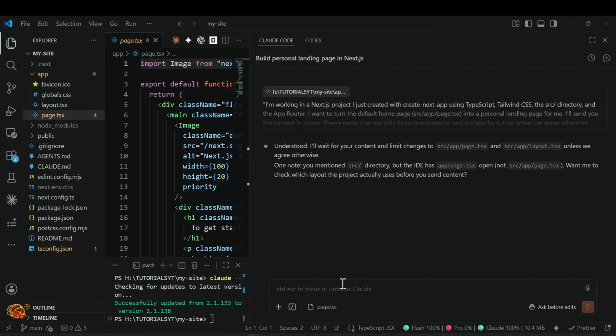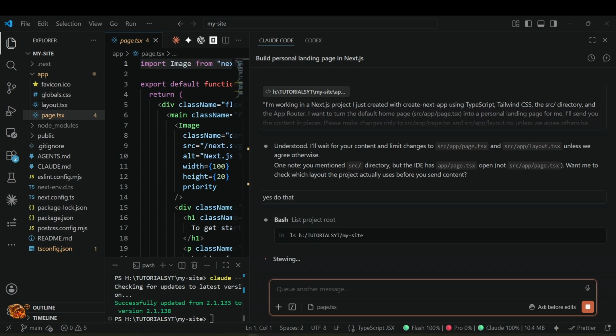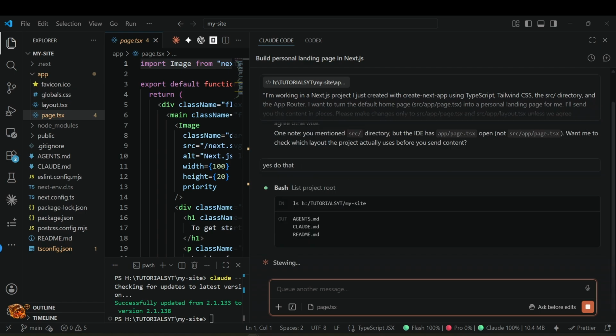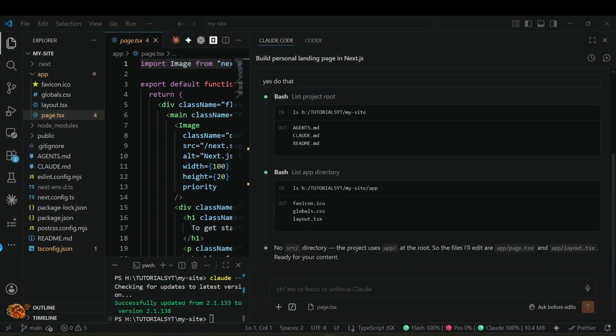So we can say, yes, do that. So it's telling us that there's actually no source directory in the root. The project uses app at the root. So the files we'll edit are app page.tsx and app layout.tsx. So let's give it some content.